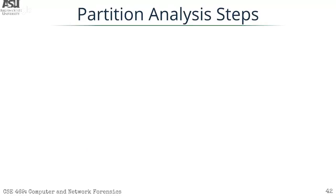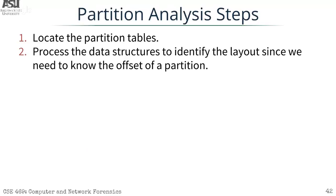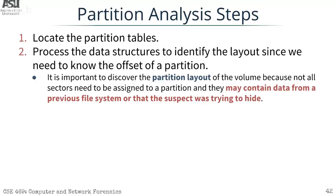All right. So when we're going to analyze a partition, here are the steps that we need to take. First, we have to locate the partition tables. That makes sense because we know where the MBR is. We know where the partition entries are. By the way, I may use the term partition entry and partition table interchangeably. They're the same thing. The partition tables tell us where that partition lives in relation to the physical media of the hard disk. So then we can process the data structures to identify that layout, so we can get the